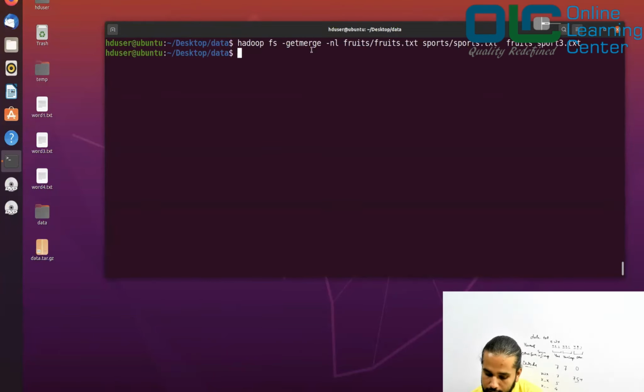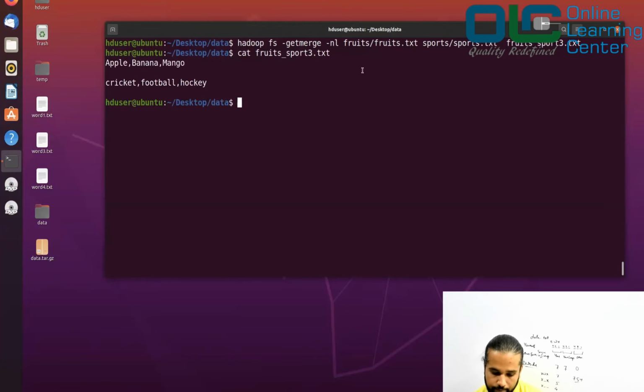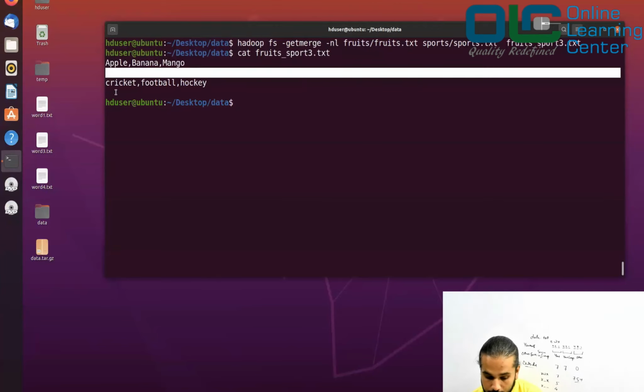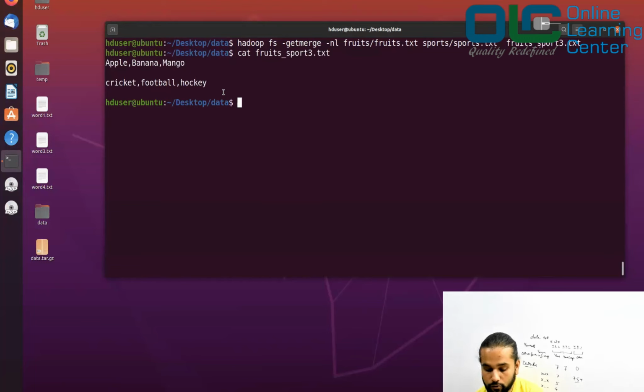Done, it has executed. Now let me say cat fruits_sports3.txt. What you see is an extra new line. The new lines were created. So when you're merging two files, it gives us a new line between the content of the two different files.